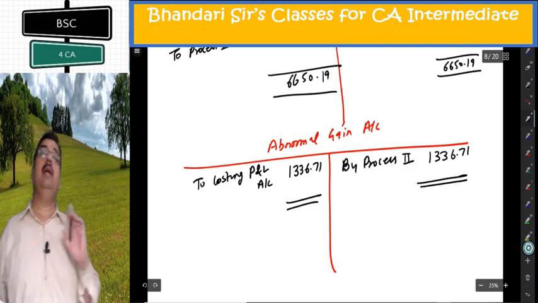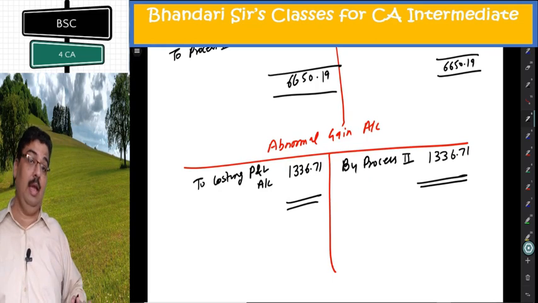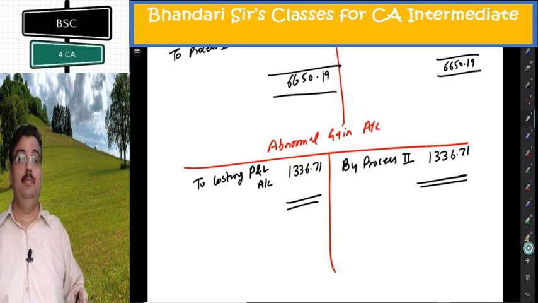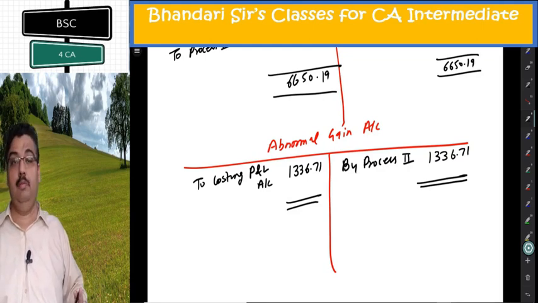This is a complete illustration. Proper exam type question. The only new thing they can add is scrap. So scrap would have made the loss accounts and gain accounts difficult. It would have been even better. It will come in later questions. I hope this one is clear.